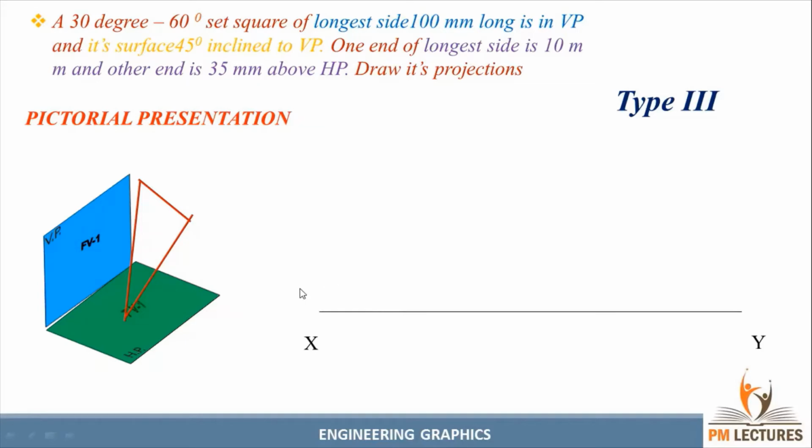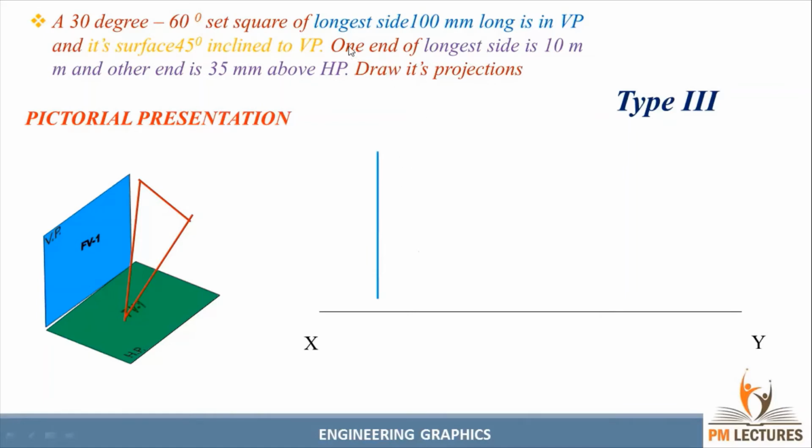So first we need to see the surface inclination. Here the surface inclination is inclined to VP. So the first initial step is you can draw the plane parallel to VP. If you draw the plane parallel to VP, we can get the projection in the VP and you can get the true shape in the front view. So first we can draw the